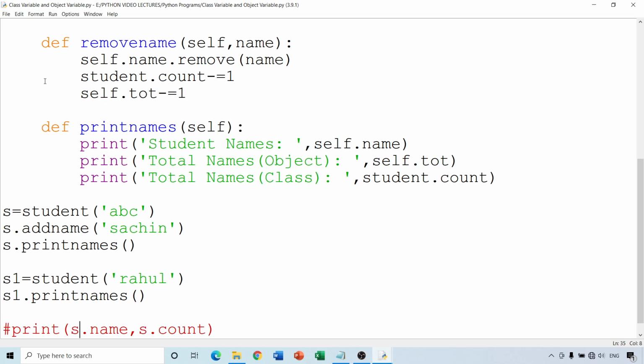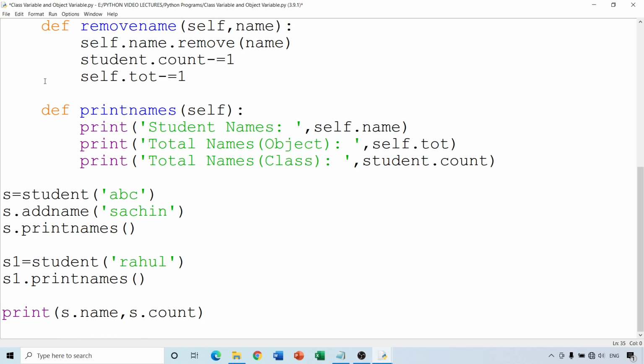Now let us remove the comment from this print and check what happens. In fact, we do something else. Student dot count. Sorry, here I am not formatting the output. We just check the output. The first value should be name, then the second value should be the total number of names in the object, and then the total number of names in the class.